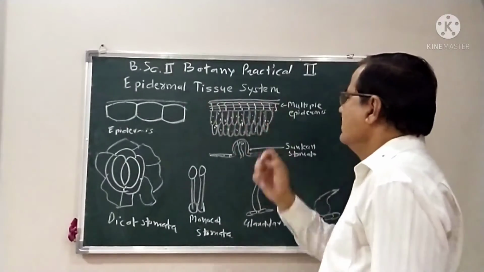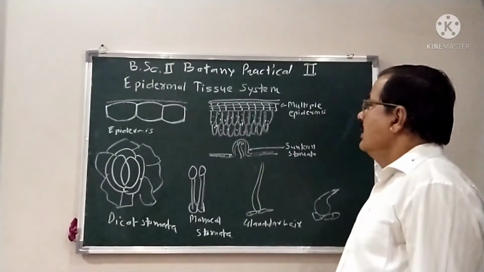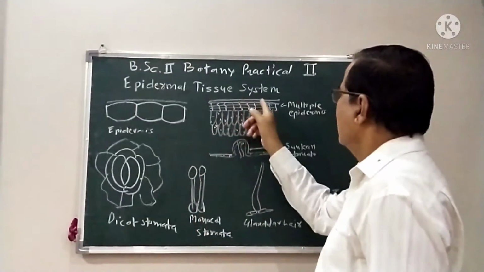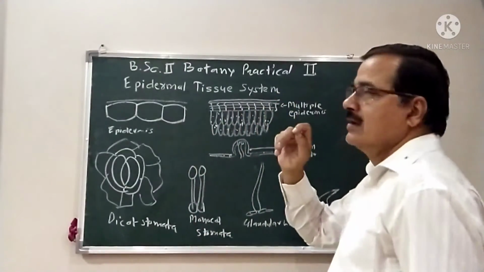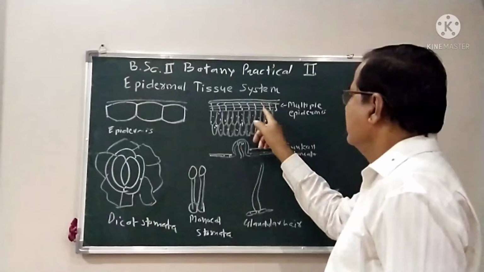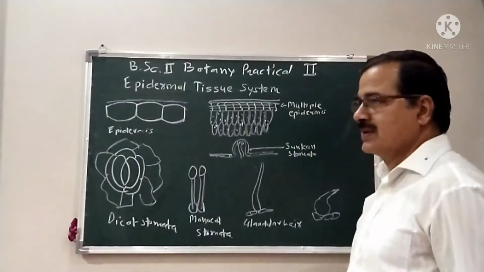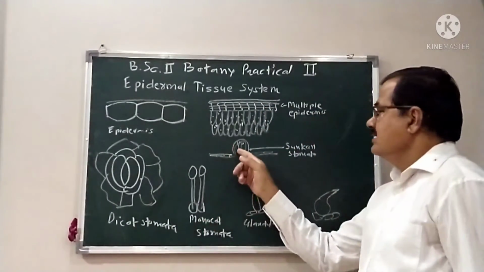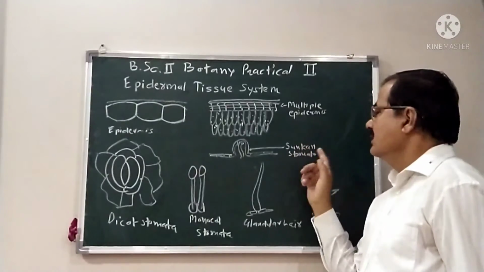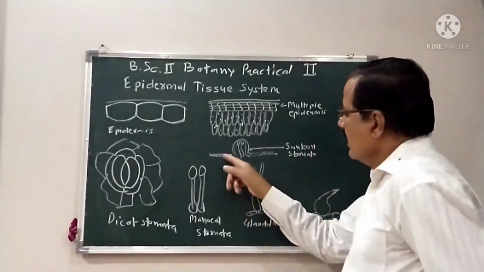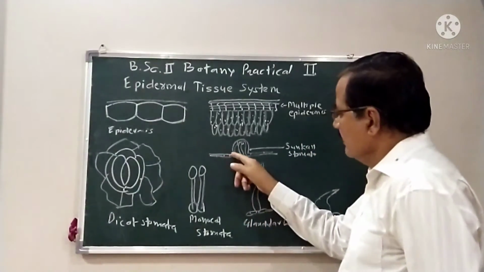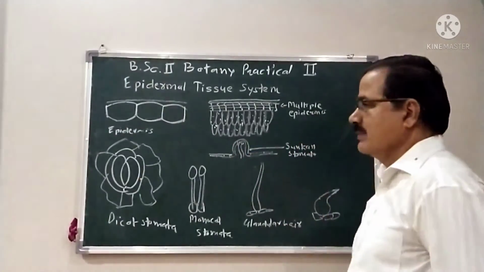Therefore, wax coating, cuticular deposition, or cutinization is present on the outer side of the plant body. An example is the case of Nerium. The other given specimen shows sunken stomata. The stomata are generally found in xerophytic plants on the lower surface of the epidermis.